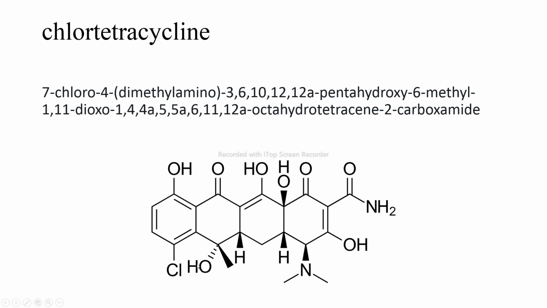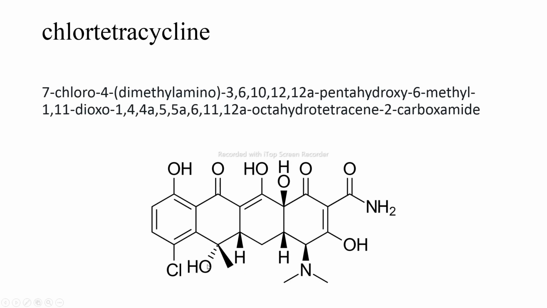So the chlorine is at which position? Sorry, I just forgot that the carbon is at the top. So the numbering is from this carbon: 1, 2, 3, 4, 5, 6 and 7. So it is 7-chloro. Now which groups remain? Hydroxy is there, H is there, M is there, and O is there. HMO.